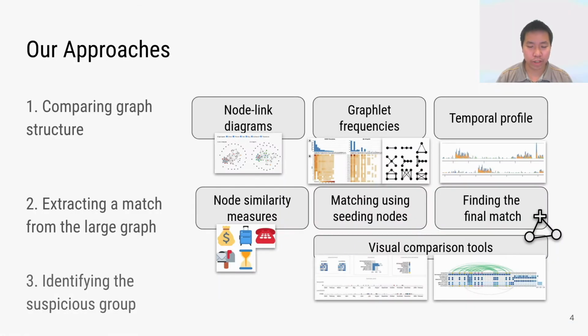In our solution, we combine multiple graph analysis and visualization approaches to address the following three tasks. The first task is comparing the graph structure between the template graph and candidate graphs. The second task is trying to find the best matching subgraph in the large graph. Finally, we combine our approaches in the first two tasks to identify the suspicious group that may be responsible for